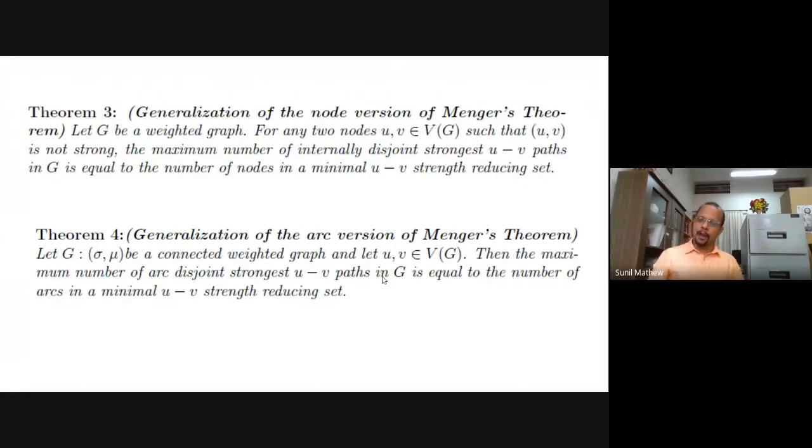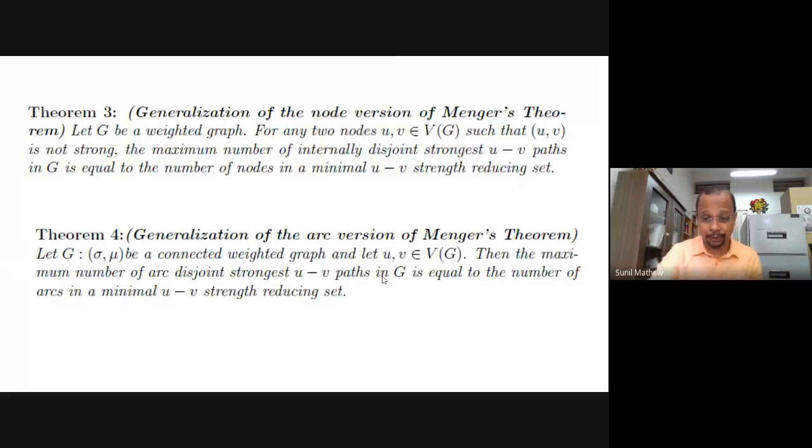G is a weighted graph. For any two nodes U and V, such that it is not strong. That's very, very important. In the ordinary graph category, that condition is not valid because everybody is strong. But here, the condition that it is not strong is compulsory; only then can you find such sets. The maximum number of internally disjoint strongest UV paths